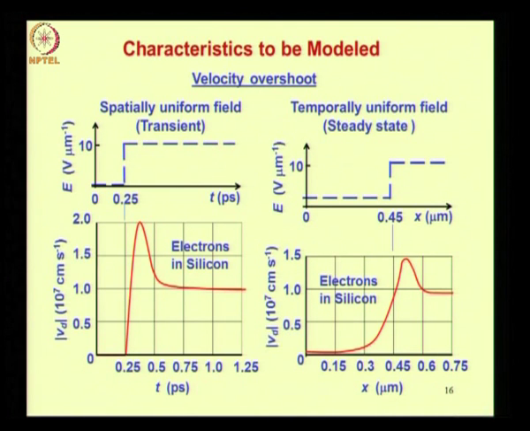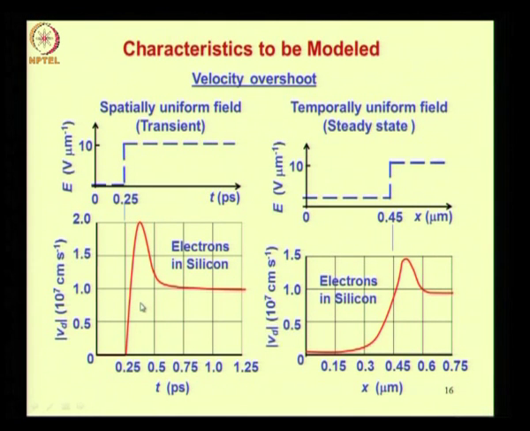Now below is shown the velocity curve as a function of distance. So what you find is the velocity increases from a low value corresponding to the low electric field. Near the step it starts increasing and it overshoots the ultimate saturation value. Then the velocity comes down and saturates. So the difference between this velocity overshoot and the velocity overshoot corresponding to a transient situation where you suddenly step